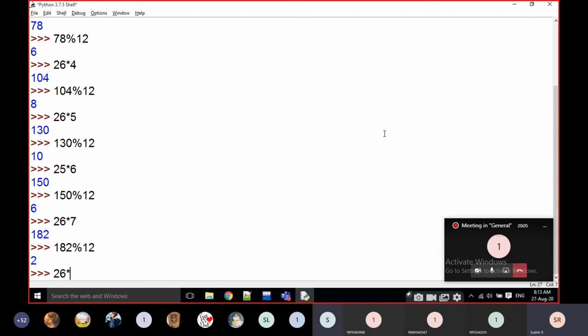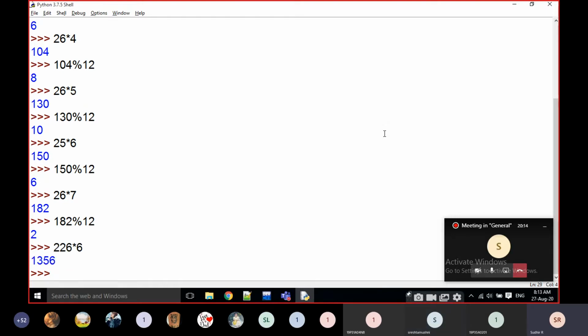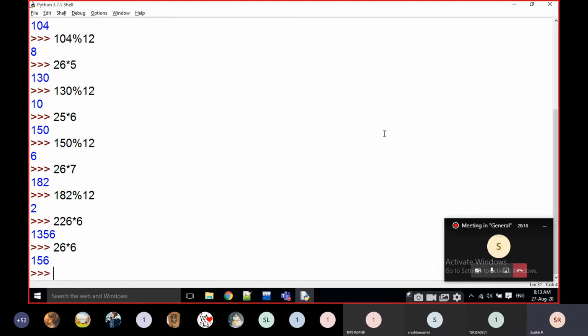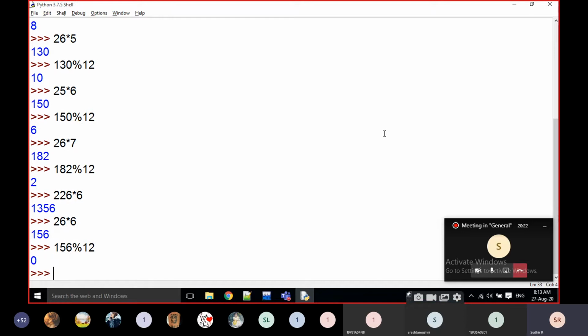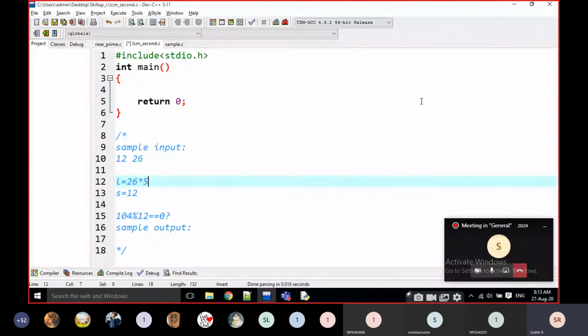Then 26 into 6, okay, sorry. 26 into 6 is 156. 156 mod 12 is going to be 0 here. That means at 26 into 6, that is 156, the remainder is 0.